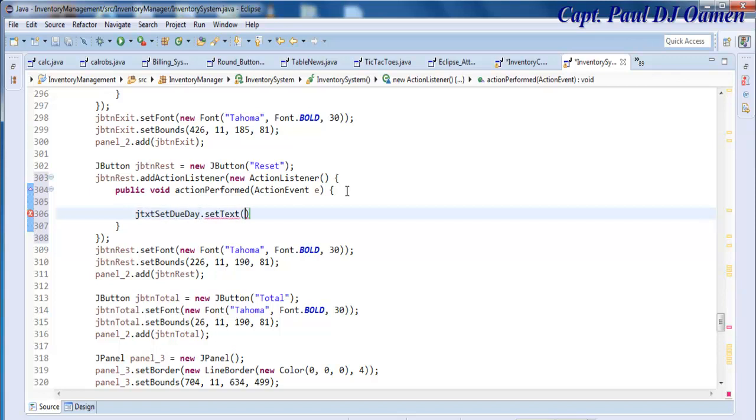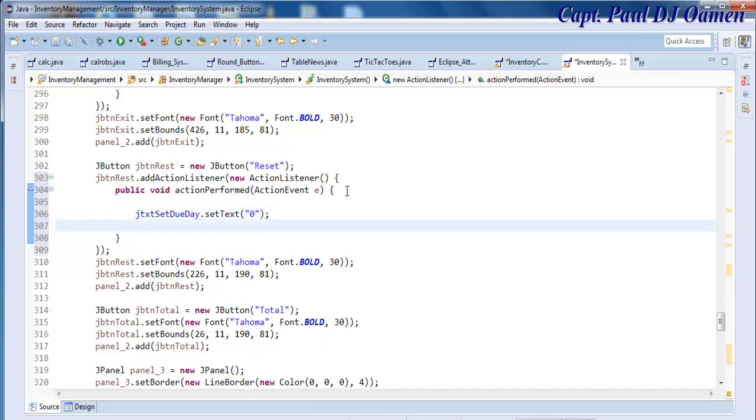Let's change that to 0, and out here semicolon. The next one, JTXT pay due date dot text, repeat the same thing